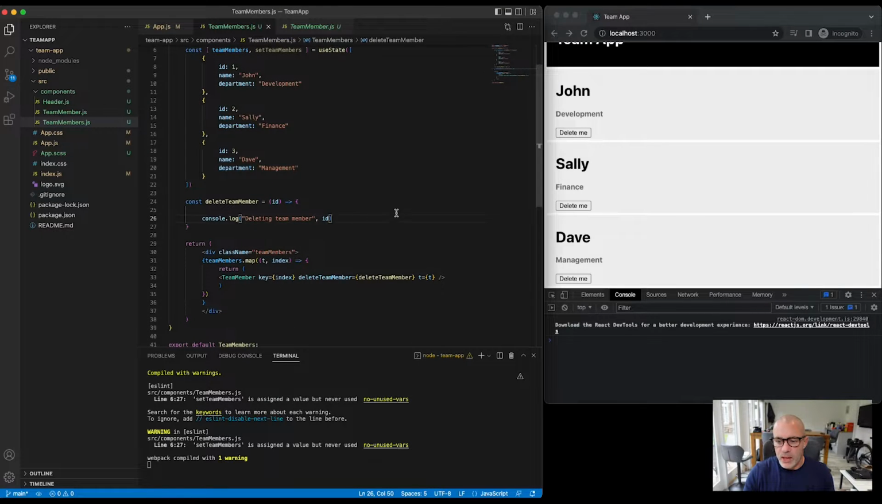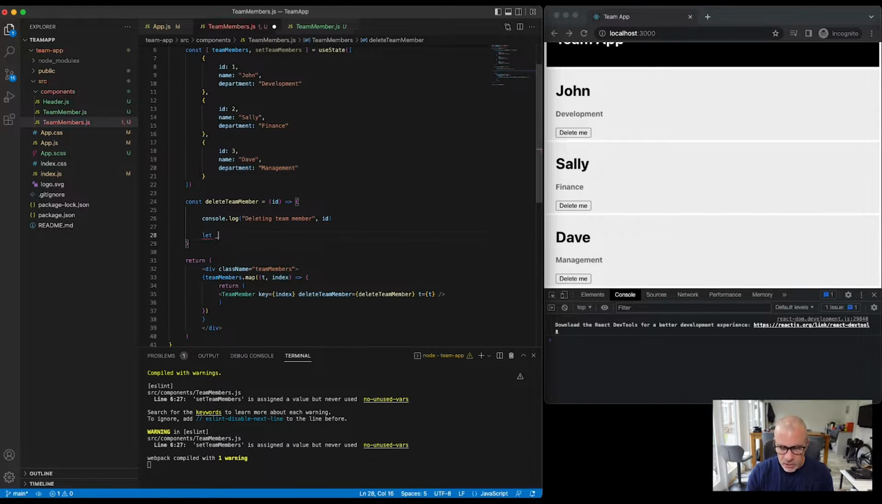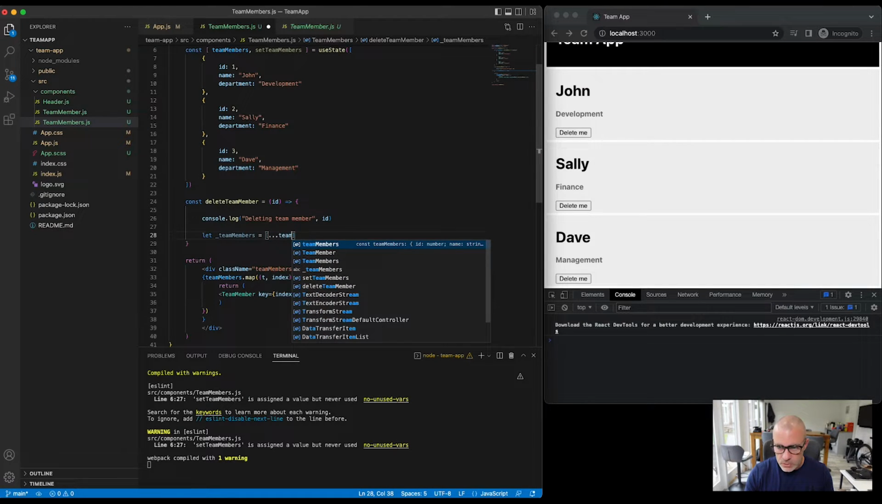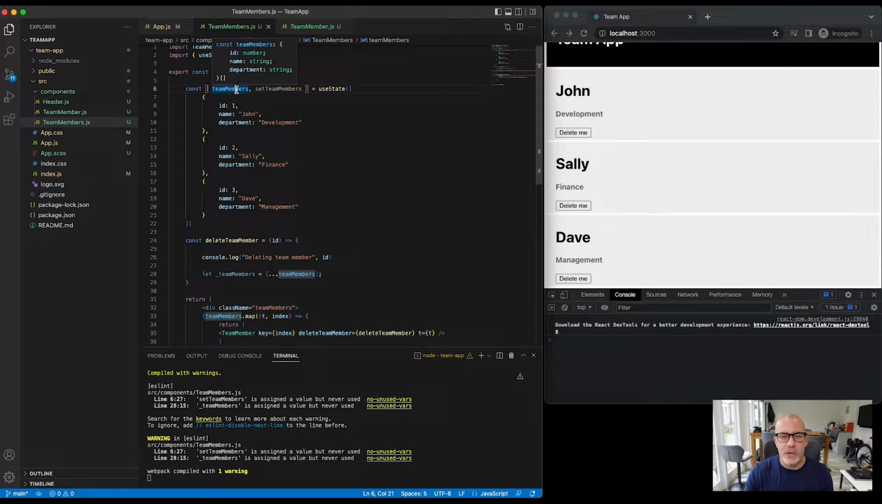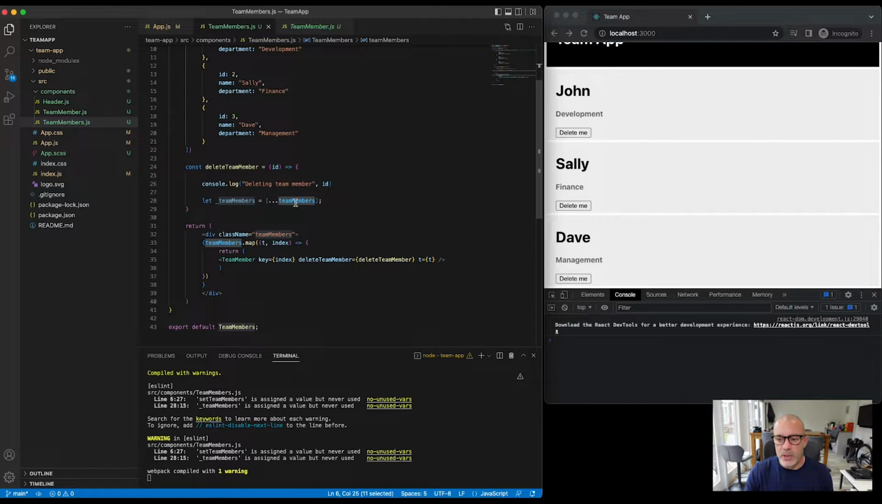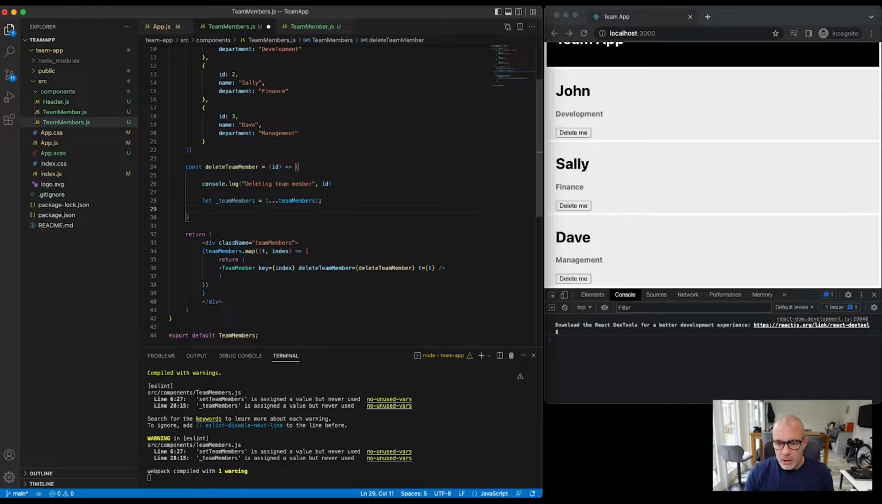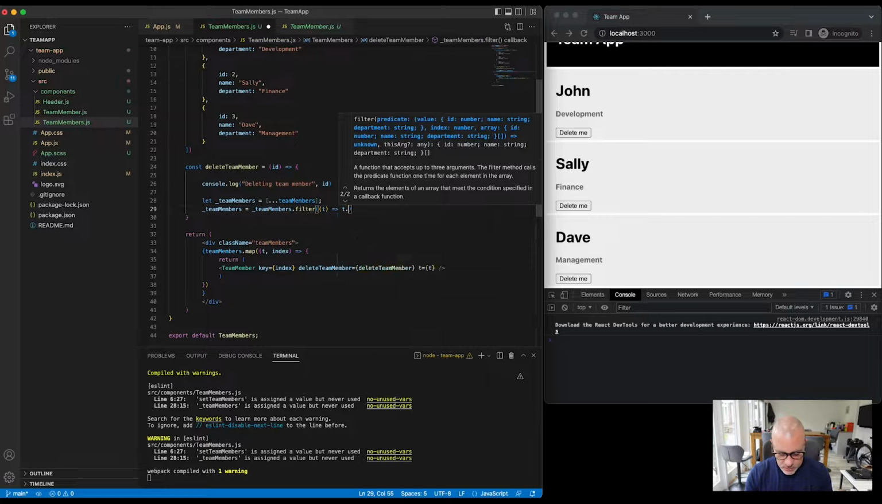And the way we're going to do that is we're going to say let _team_members equals, and we'll spread team members. So all I'm doing here, because team members as a stateful item cannot be manipulated directly, is I'm setting a copy of the team members item, and then I'm going to say _team_members equals team_members.filter, and we'll say where the t.id is not equal to the ID that we pass through,